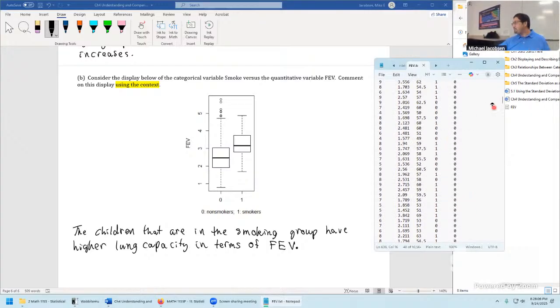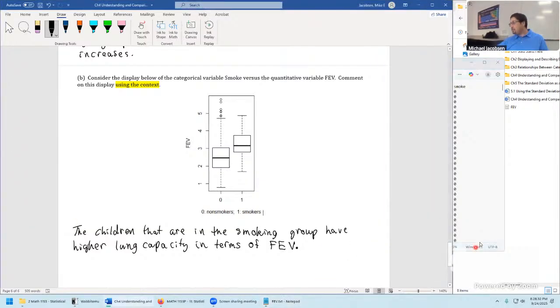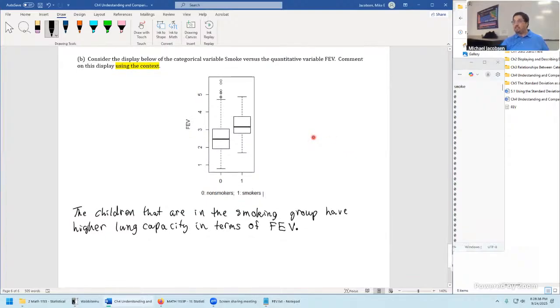But the age of the child is how big they are. There might be another way to explain this just by talking about the height, but that's associated with age as well. These variables are all highly interconnected, right? So the bigger the child, the bigger their lungs are just physically. So the larger their FEV value, yet they've had more chances to be placed in the smoking category, maybe through their friends or maybe at home and so on. Looking at the data, that seems to be a plausible statement, and that could be the explanation.